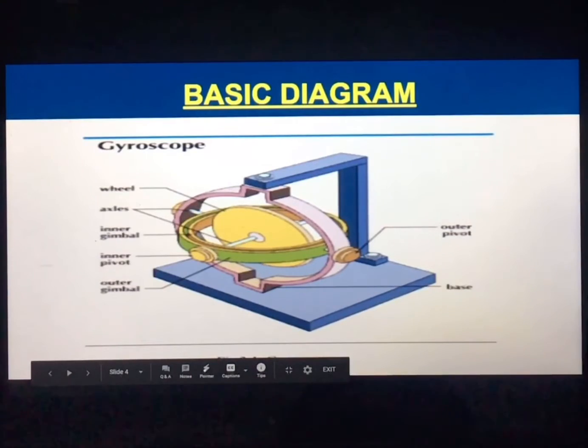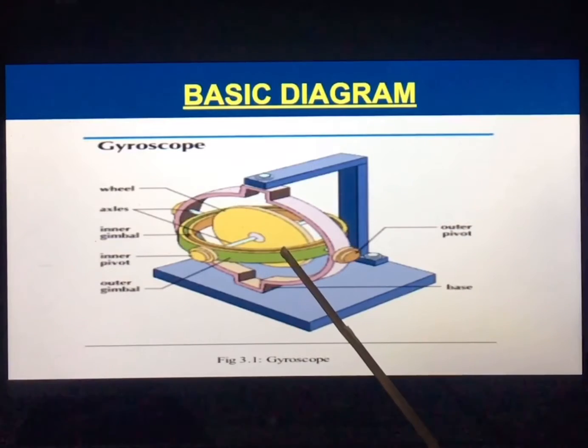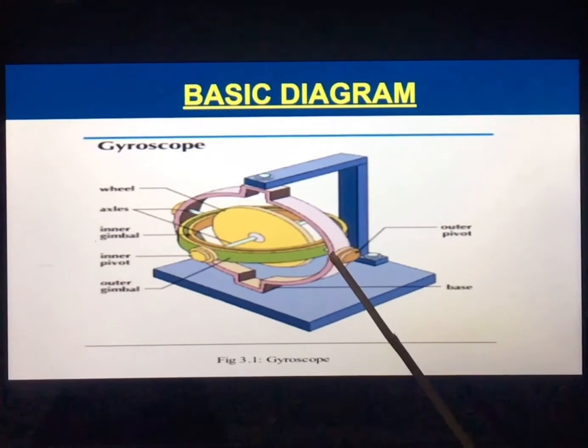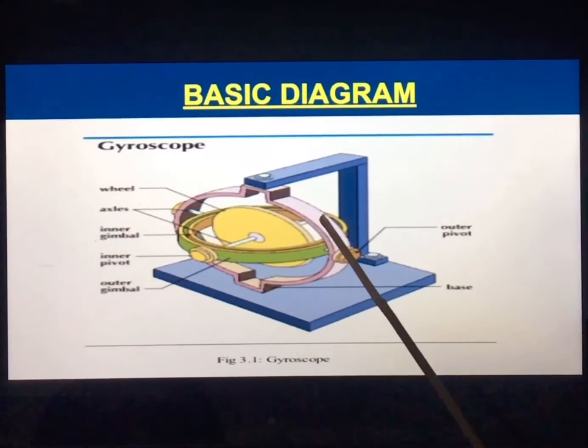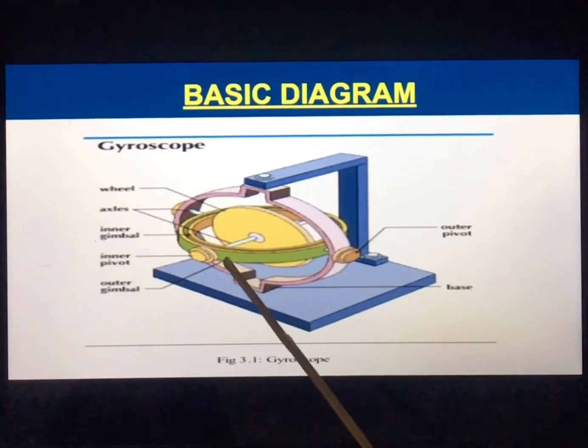Here I will be explaining the construction of a gyro compass first. The purpose of showing this slide is because it will help in understanding the definition of gyro compass, since gyro compass is a device built to use the effect of a gyroscopic property. As you can see in the figure, there is an inner wheel, the yellow colored wheel, which is pivoted with the inner gimbal. This green is the inner gimbal, and the wheel of mass m is pivoted on the inner gimbal.